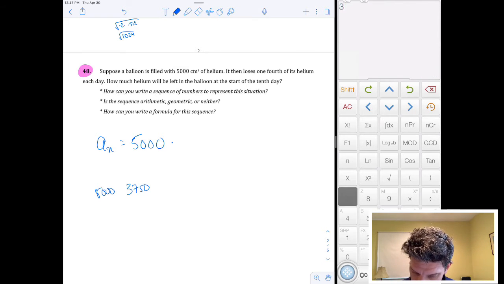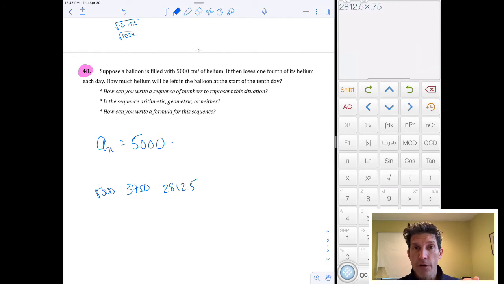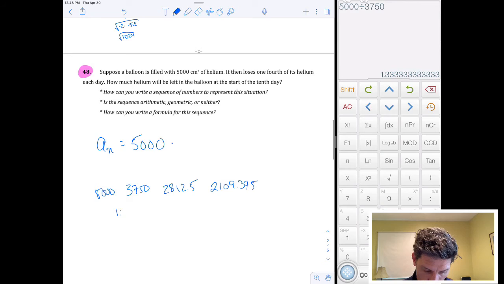Let's take the 3750 and multiply it by 0.75. And I'm going to get 2812.5. And I'm going to do it one more time. 2812.5 times 0.75. What I'm trying to do is establish a number of pieces of the sequence. I have 2109.375. And because I did this earlier, when I divided 5,000 by 3750, I'm going to get 1.3 repeating,